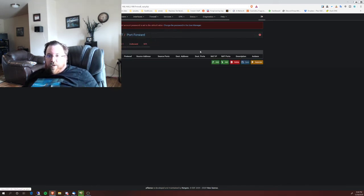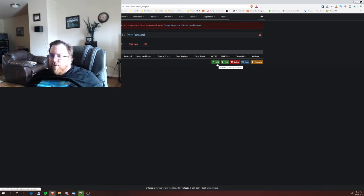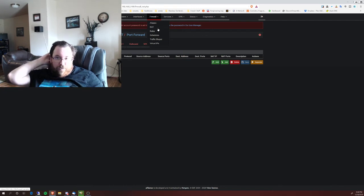And then underneath firewall, this is NAT. This is basically where you can do port forwarding for your various networks that you have set up. Like I said earlier, you can set up for things like Xbox Live, things of that nature. You can set up ports to allow various services to go through. Now, you can do that through NAT if you need to do IP forwards,